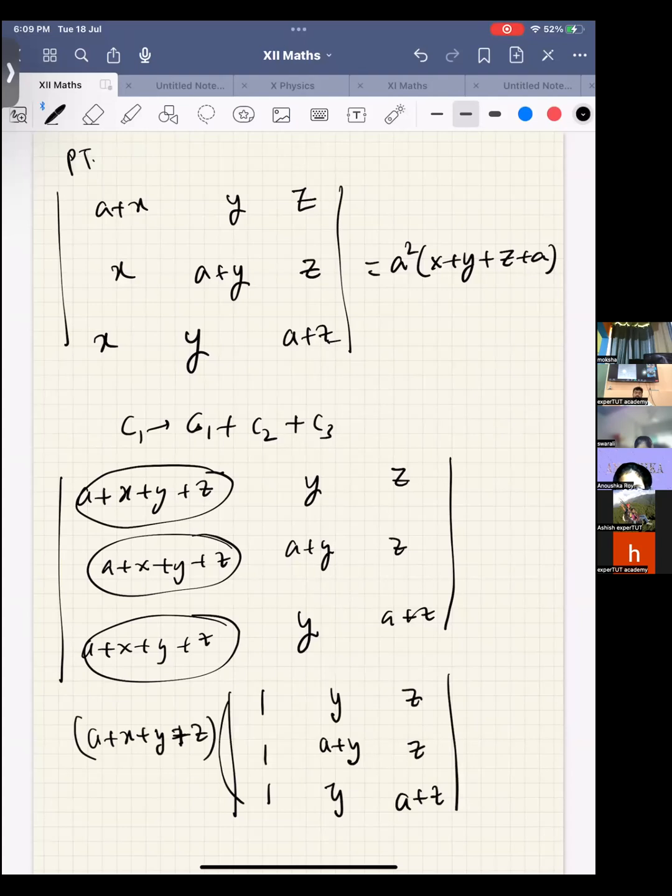Pardon? करो, अभी आंसर पूछना मत इसके बाद. करो अपने आप करो. R1 is R1 minus R2, R2 is R2 minus R3. आ जाएगा a square. ओके. नहीं आ रहा तो